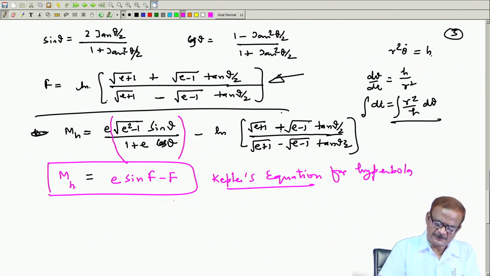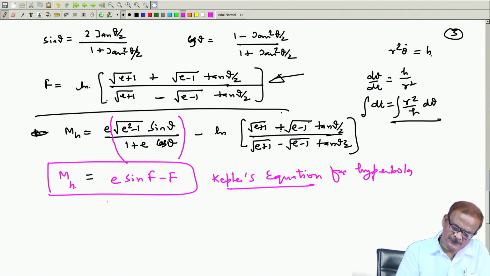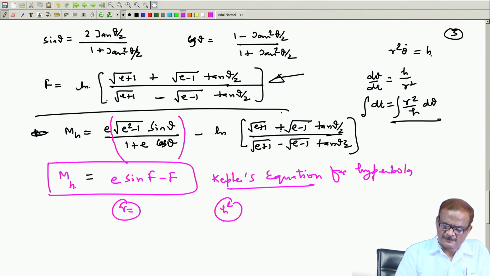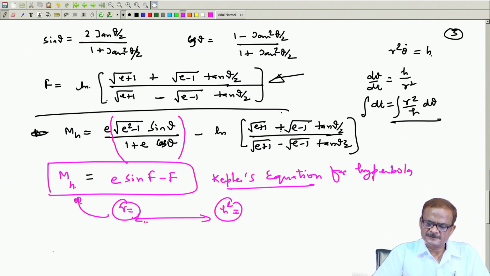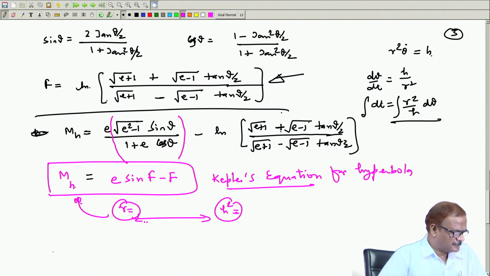which we also obtained right in the beginning using a purely mathematical method by differentiating, where we were given this r and we used the equation for h squared. Then we differentiated this r, and we had the equation for h squared. Combining these two, we obtained this. Therefore, we are getting the same equation by different methods, and it also verifies that whatever we are doing is correct.